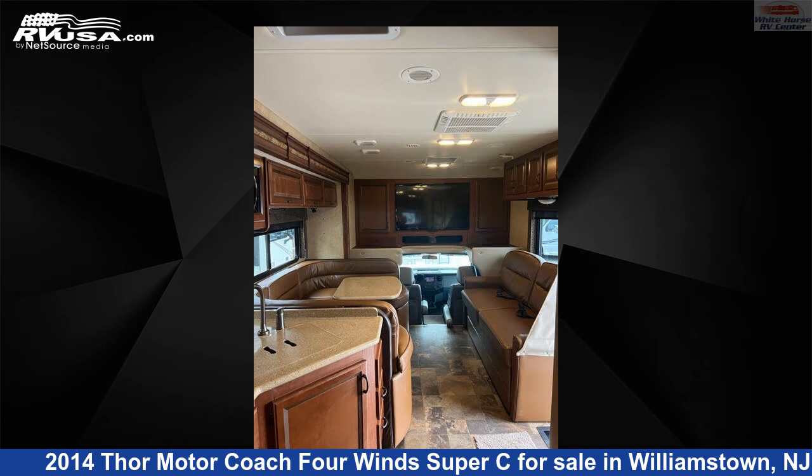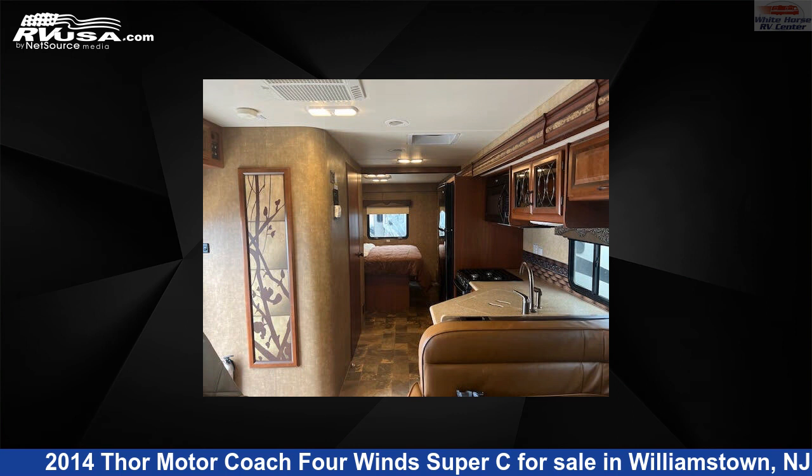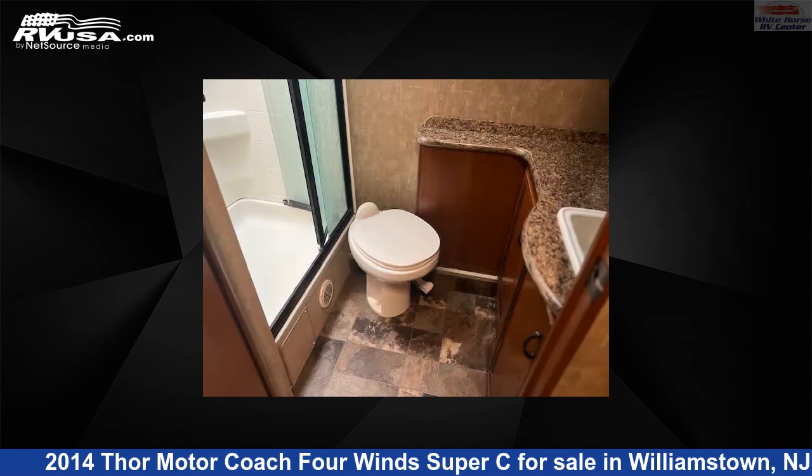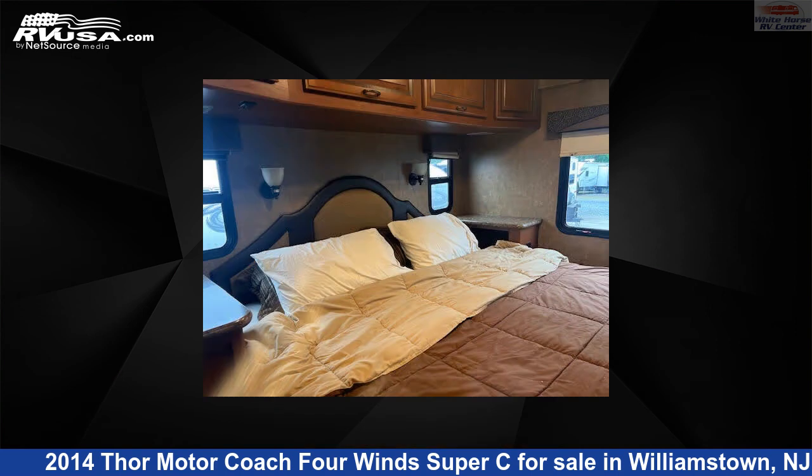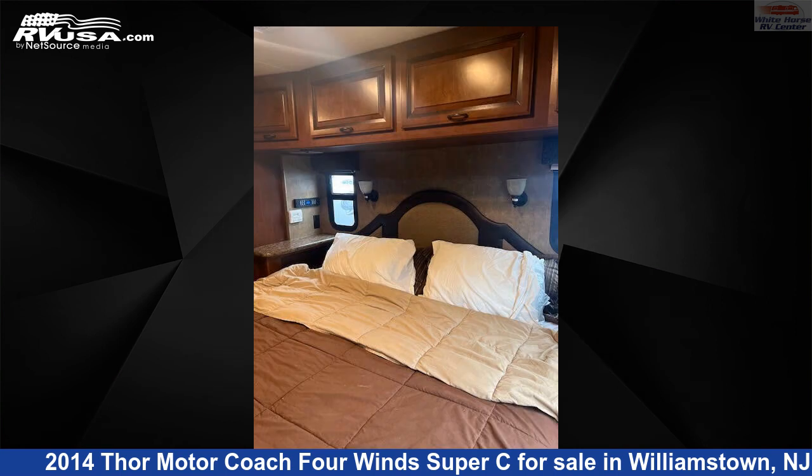This used Thor Motor Coach is 34 feet 6 inches in length and features one slide-out, a tan, brown classic neutrals interior, sleeps 6, external shower, self-contained, skylight, slide-out, air conditioning, TV, and 75 gallons fresh water capacity. The floor plan layout of this Super C features front entertainment, full wall slide, mid-kitchen, outdoor entertainment, rear bedroom, U-shaped